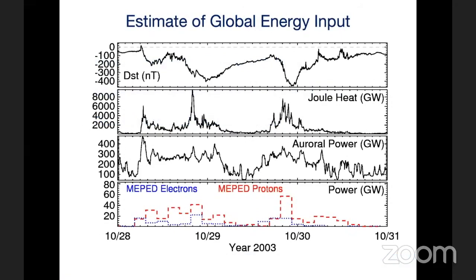So in terms of energy input from the magnetosphere, they mainly come from three types. Well, actually two types into the ionosphere, thermosphere. One is the Joule heating, and another the energetic particles. But the energetic particles, we usually separate into two components. For the aurora particles, we mainly consider those particles that have an energy less than 30 keV. And then for energetic particles that come from the ring current radiation belt, those are particles that have energy